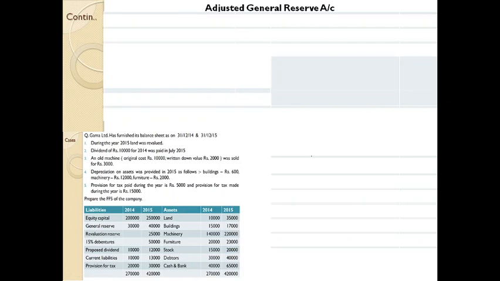Whenever there is a difference in general reserve, you consider it as a non-operating expense. So since there is no information regarding P&L, we have taken this part. And remember the sentence I have just mentioned earlier. Since we are going to prepare in an account form, it is named as adjusted general reserve. So it begins with,